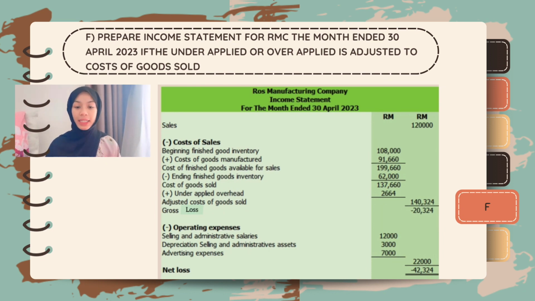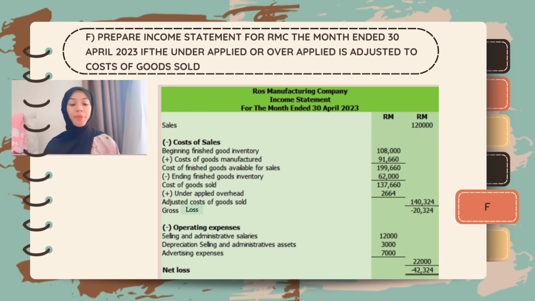190,660, then minus the ending finished goods inventory of around 60,000. From this, we can get the cost of goods sold with the amount 137,660. Then we need to add the under applied overhead of around 2,664. Thus, the total of adjusted cost of goods sold is 140,324. For this company, it is experiencing a gross loss with the amount